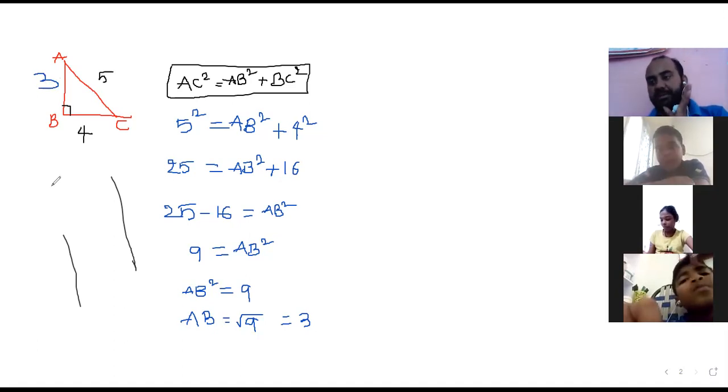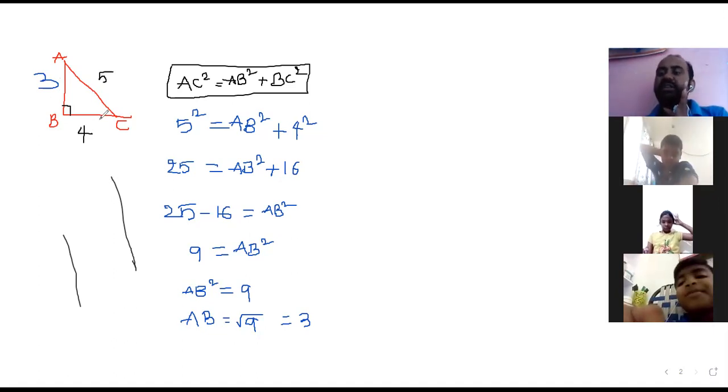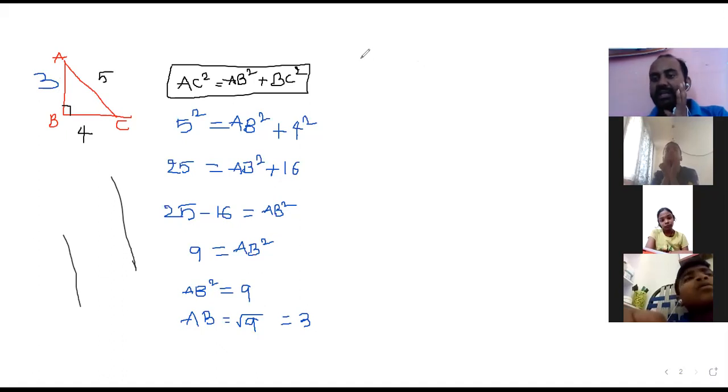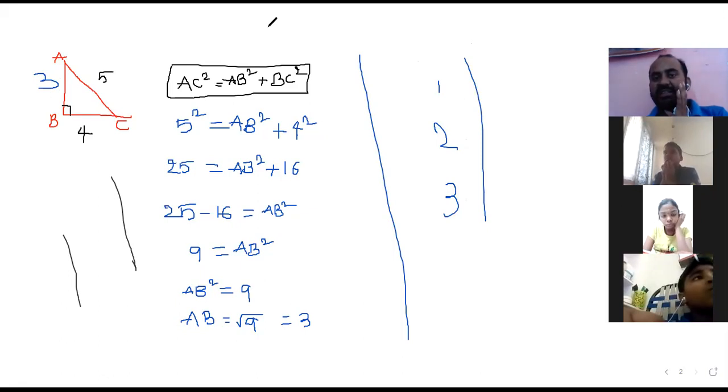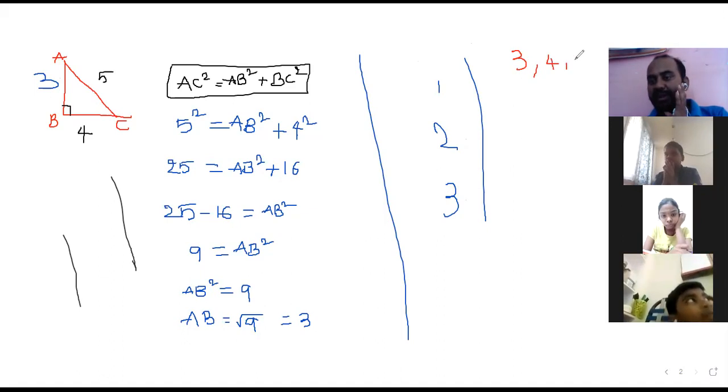Now remember one thing. The trick is, if there is a chance to use the Pythagoras law, in the Pythagoras there are only 3 sides: side number 1, side number 2, side number 3. Out of these sides, if two sides are either 3, 4 and 5,